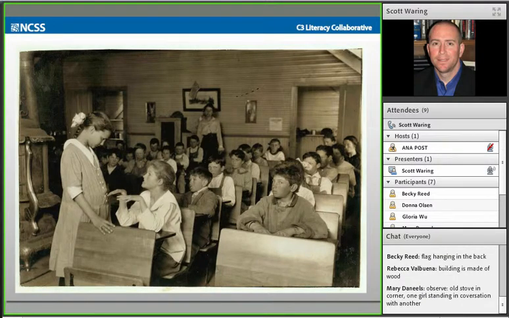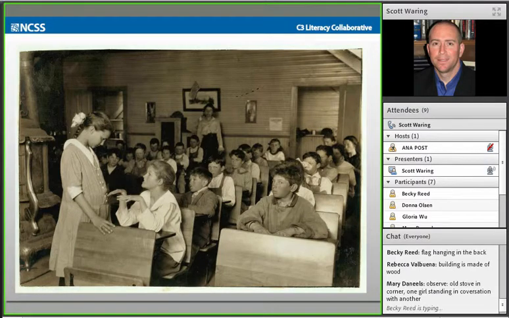There's a flag hanging in the back. Excellent. Building is made of wood. Old stove in the corner. One girl standing in conversation with another. Excellent. And with the flag hanging in the back, when I was using this one, somebody said that it's an